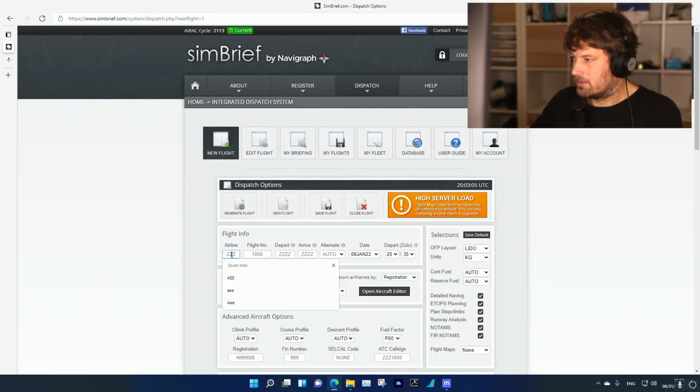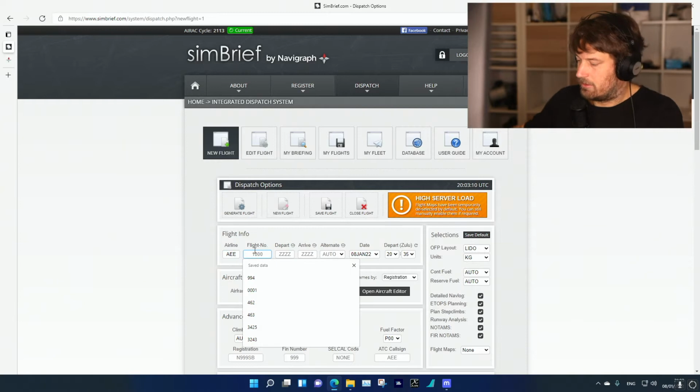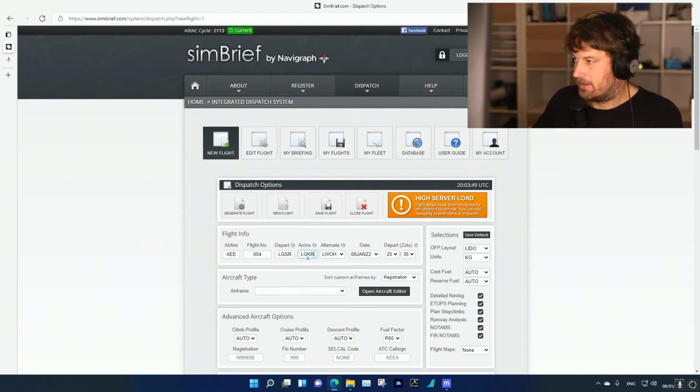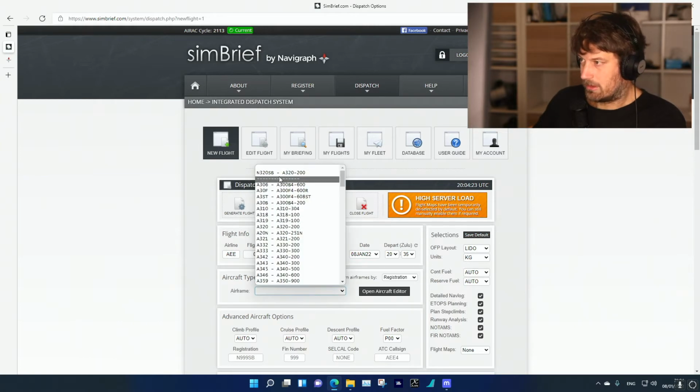Enter the ICAO airline code and a flight number of your choice. For depart and arrive, you can enter the ICAO code of the airport. By clicking on the little cloud, you can already get the weather METAR of that airport at the time. Fill in the date that you want to plan the flight and choose the aircraft type that you want to